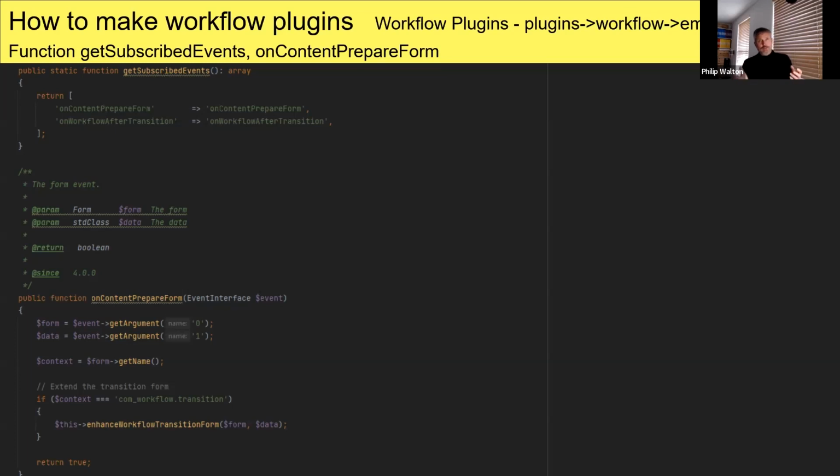Is there any actions for this workflow to do? Yes, there are. What are the actions? Here they are. Now do them. And so this is really nice because it's just a simple array. You can add more listening points, and then you can write functions which then hook into those listening points. So we have our first listening point, which is on content prepare form. And here is the function, public function on content prepare form. And this sets it all up so that your form is rendered.